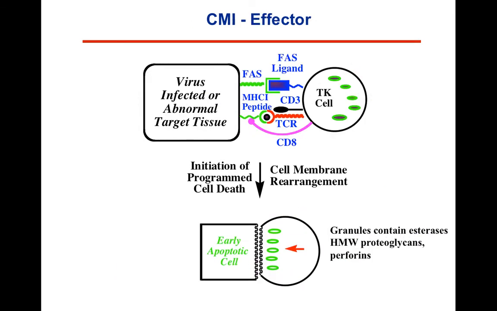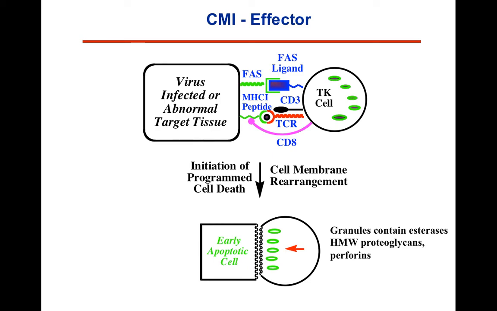They're sensitized. The effector phase, essentially the killing phase, is when the T killer cell recognizes and binds to a virally infected cell or an abnormal cell. It's going to initiate programmed cell death in one way as these granules, which are filled with really noxious things, move to the surface between the two cells. These will be dumped into the targeted cell. A cell membrane rearrangement occurs, and the granules are moved to that surface for their job. Another part is that the Fas ligand will bind to Fas. These death receptors could potentially cause the death of the virally infected cell too, by initiating apoptosis,